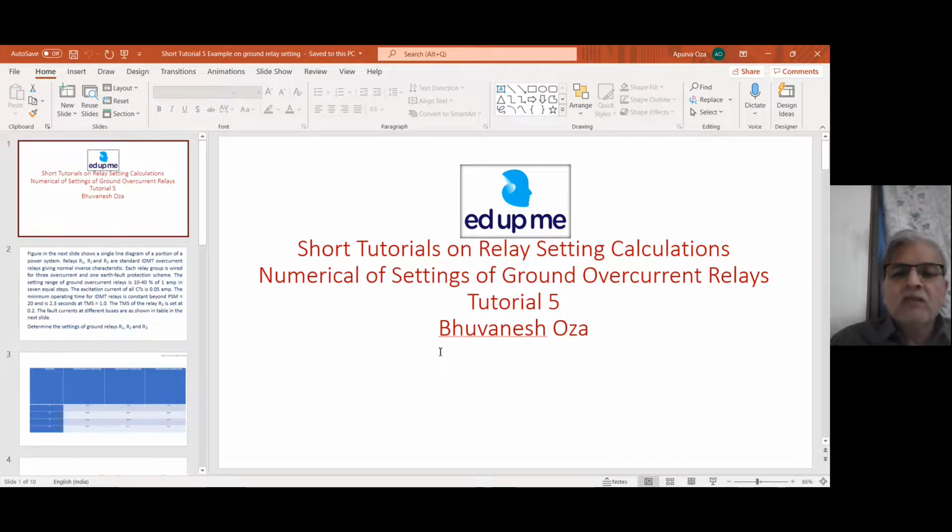In the last tutorial we talked about the considerations for deciding the relay settings for ground overcurrent relays. So that was the theoretical part. Now we would want to go to one numerical to know how we calculate the relay setting for a